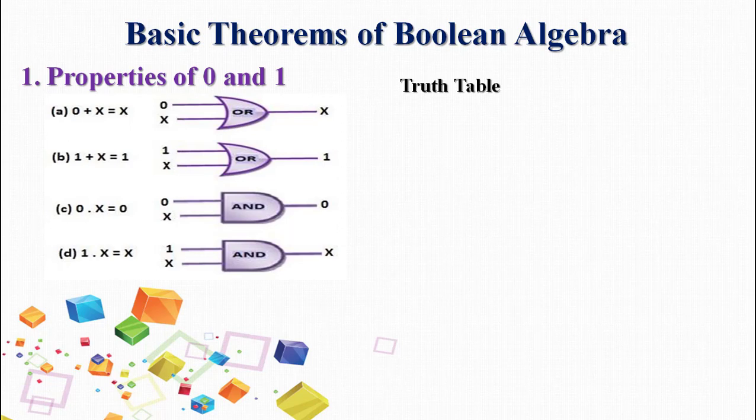For the first property, there are two values in the inputs, 0 and x. 0 is always constant, so it will not change. X is a binary variable. So how many variables do we have? Only one variable, whereas 0 will be considered as constant. So only one variable, so it will be 2 to the power 1. So 2 to the power 1 is 2 itself. So x can take up two values, that is 0 and 1.